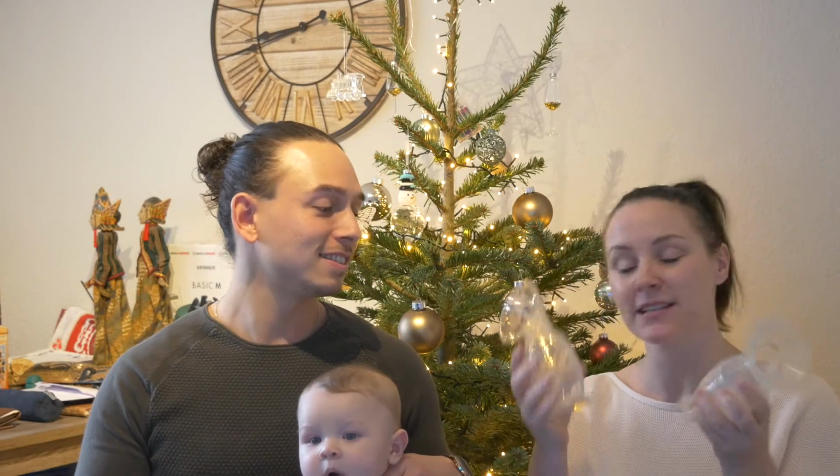So for any breastfeeding mamas out there, I would highly recommend the Haakaa breast pump. These are silicone breast pumps, and this is all I used through my breastfeeding journey, up until he was about 4 months, I think. So for the first 4 months, this is all I used, and I could personally express a good amount of